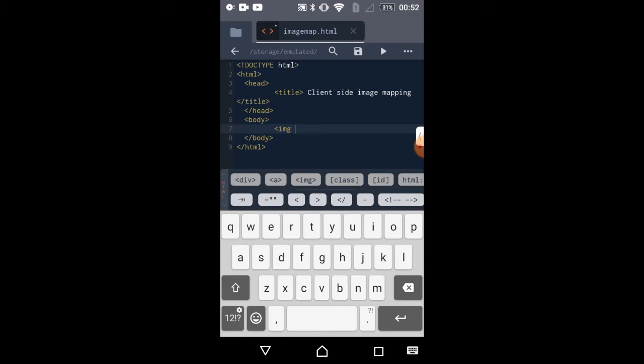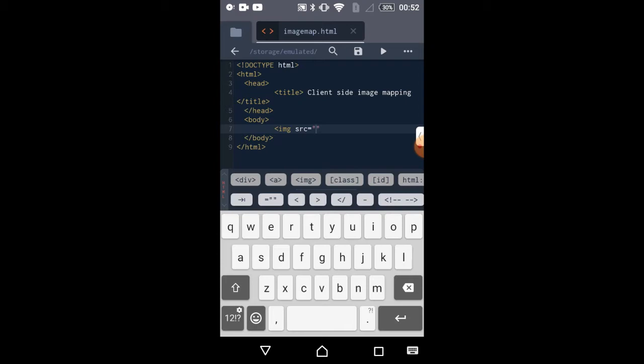So after that, just leave some space and write src, then is equals to double inverted comma. Src will specify our image name or its address in our mobile phone. As I have imported the image in the same folder where my HTML file is saved, I can directly write the name of it with its extension.